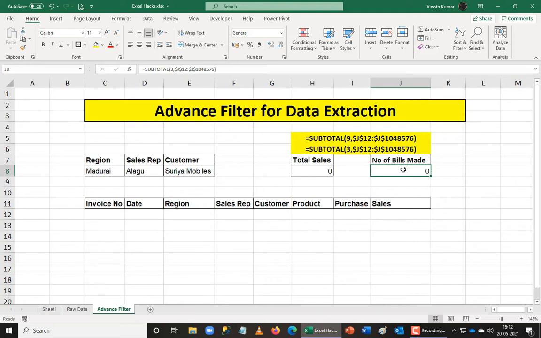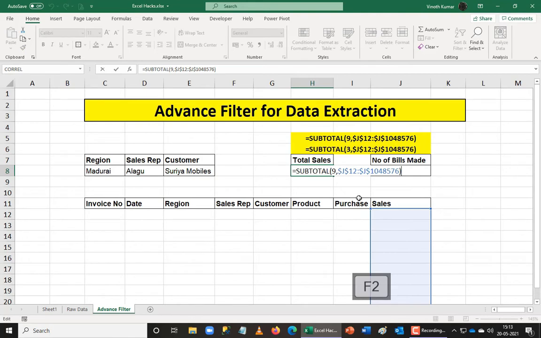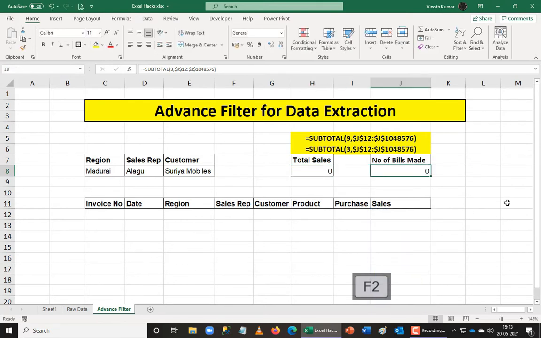So I've made sure that this data covers only the area after my header, so I don't have any odd points here. I picked only one dimension here. The first dimension will give you the summation, the second dimension will give the count. So let's see how to do that.